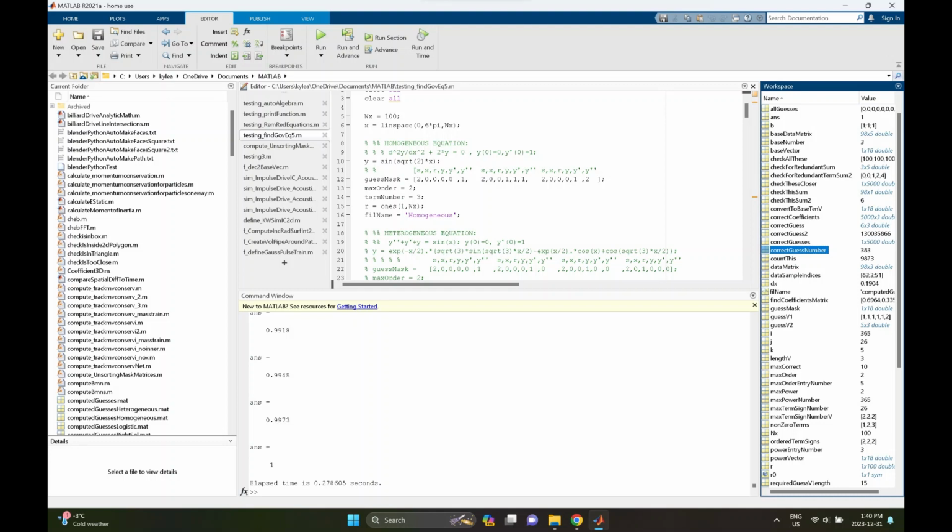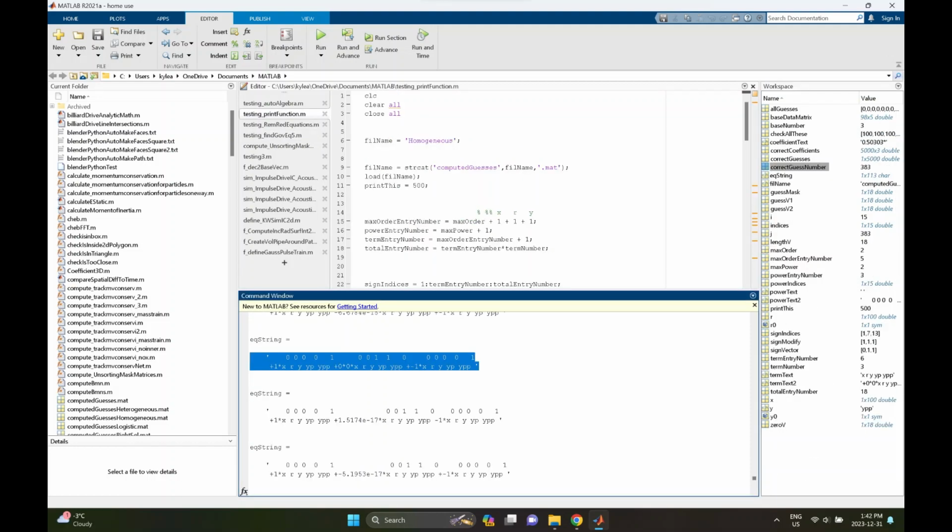I'm basically using y equals sine of the square root of 2 multiplied by x as a recorded output to try to find the corresponding linear ordinary differential equation that it solves. With this guess mask, I've limited the maximum powers of the coefficients to be close to what they're supposed to be. There are still tens of thousands of possibilities within this bound, but as you can see, the script executes in a fraction of a second, and via the highlighted correct guess number on the right, we can see it found 383 governing equations within these bounds that y equals sine of the square root of 2 multiplied by